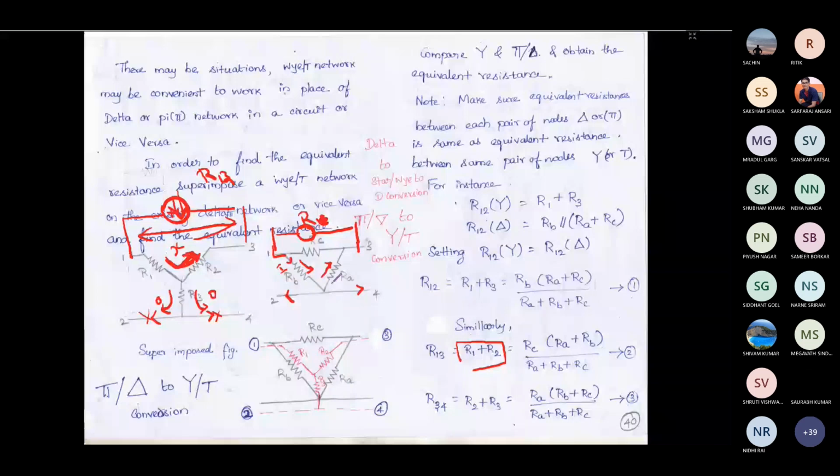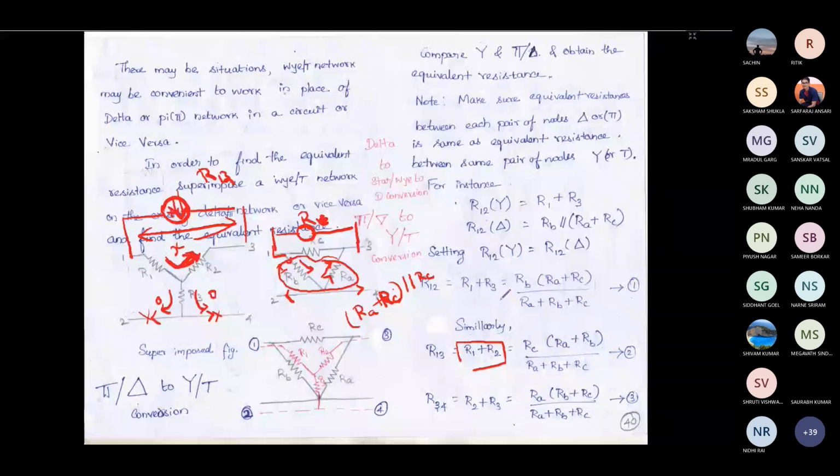Then you can say that these two elements are in series. So RB and RA are in series, and the combination of RA and RB is parallel to RC. RA plus RB is parallel to RC, the same as how we defined before. So for this parallel combination, if you write the resistance, we get it like this.